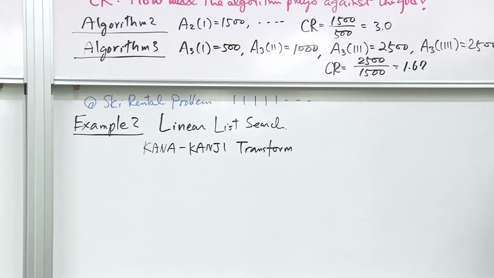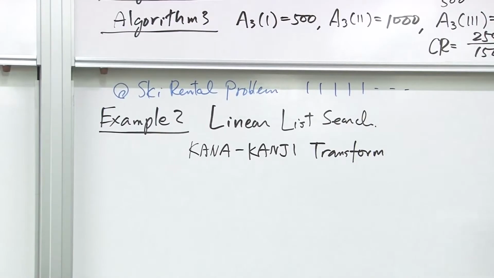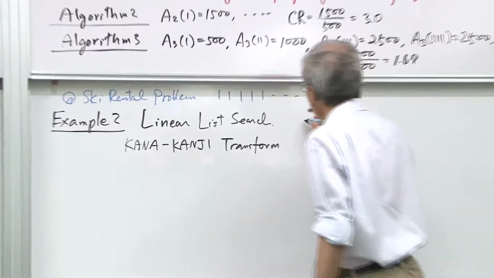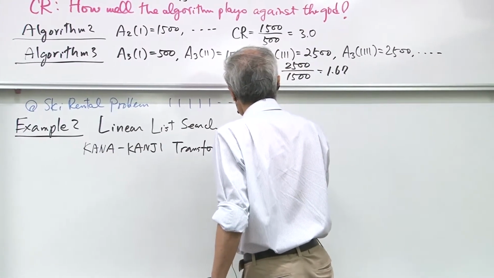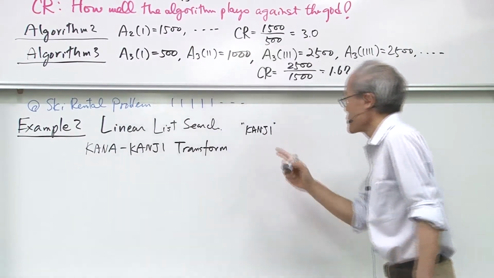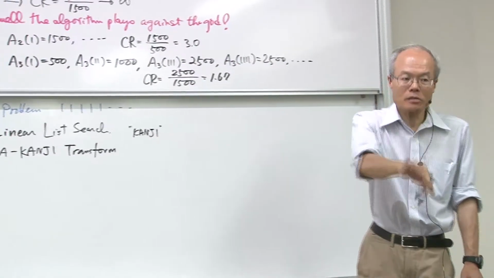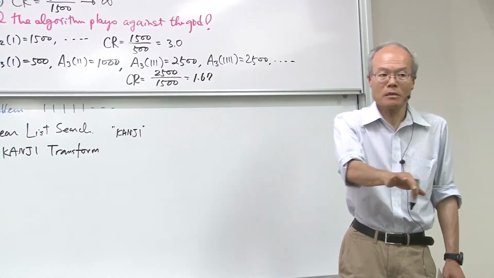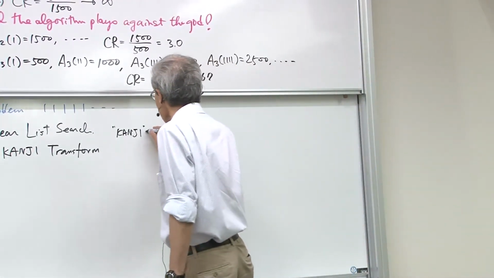Suppose that you are now trying to input some Japanese sentences into a computer. Then, for example, if you type kanji and hit some key, maybe the space key, then there comes